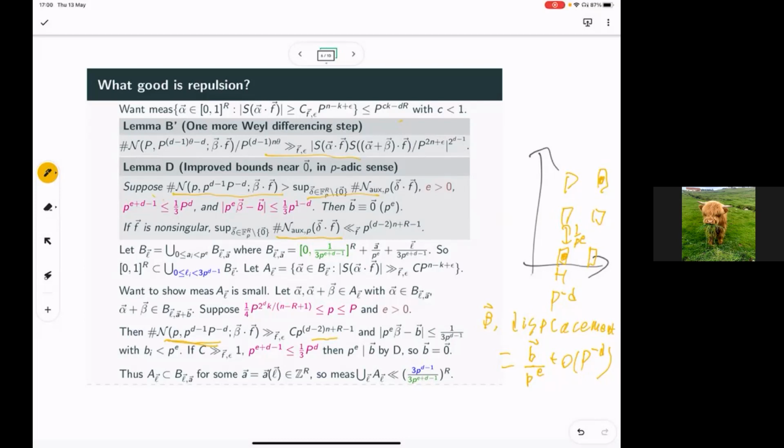And also, if we've chosen our parameters, so our A's and our L's and the denominators here, in such a way that the other hypotheses of Lemma D are also satisfied. So this gives us the conclusion of Lemma D,